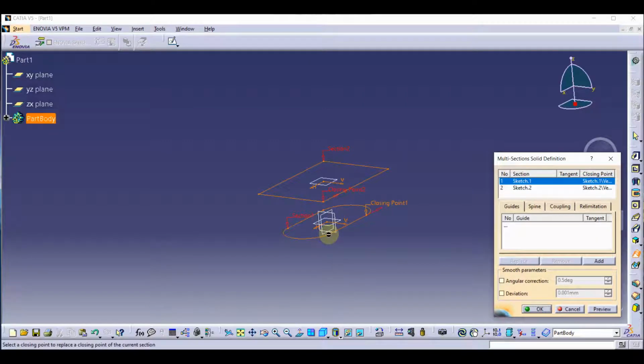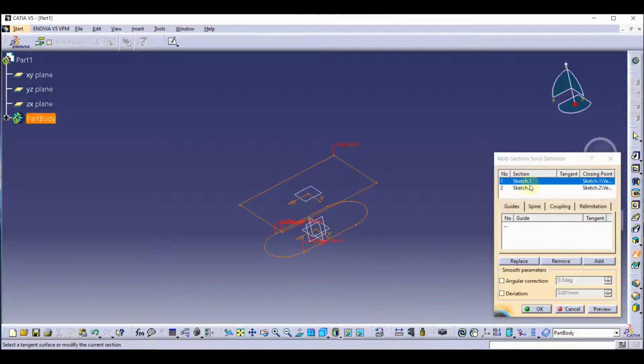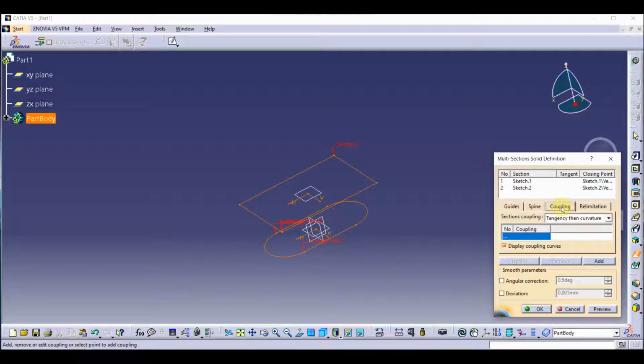Now you will see we provide the same location for the closing point. Now we are going to use the option that is coupling. Simply we click on it and as you can see in the section coupling, you can choose the options tangency, curvature, vertices.